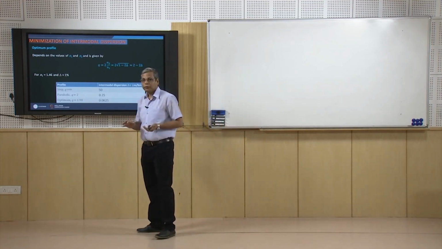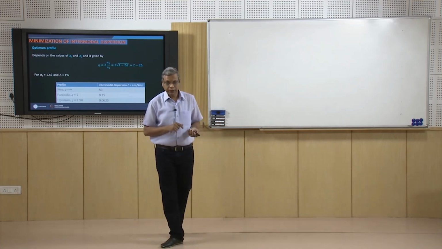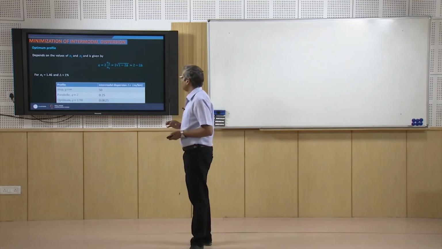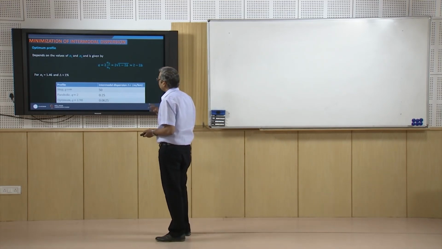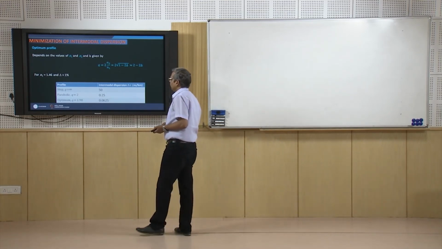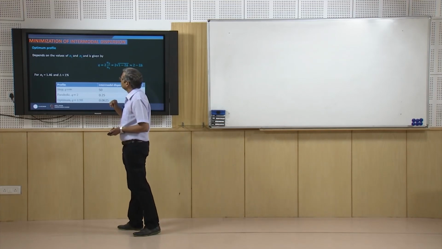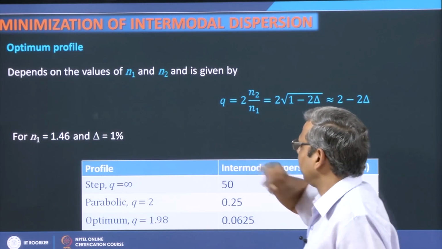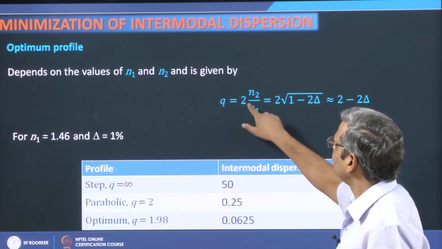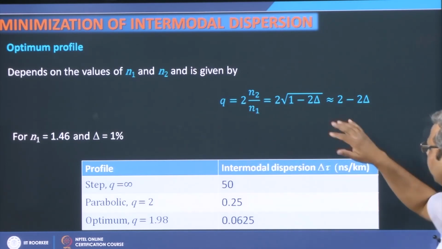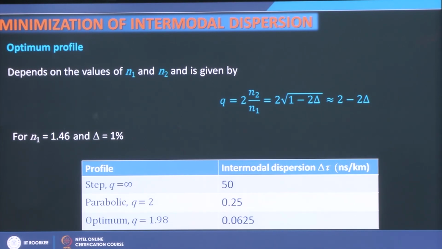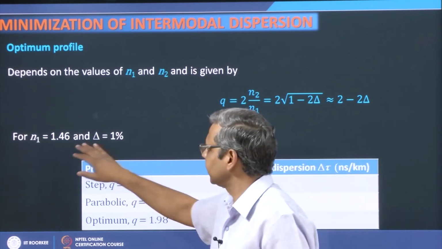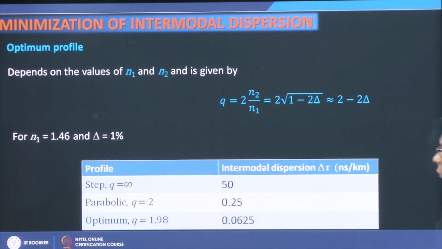I can also find out what the optimum profile is, the optimum value of q for which my intermodal dispersion would be minimum, and it can be shown that this optimum profile depends upon the values of N1 and N2, and it can be given by 2 times N2 over N1 or approximated by 2 minus 2 delta. So, now if I take N1 equal to 1.46 and delta equal to 1%, then